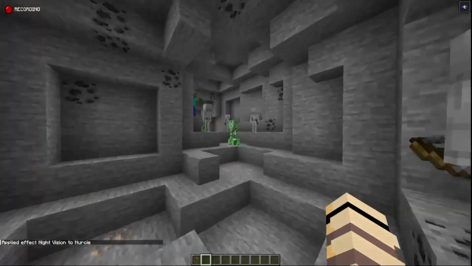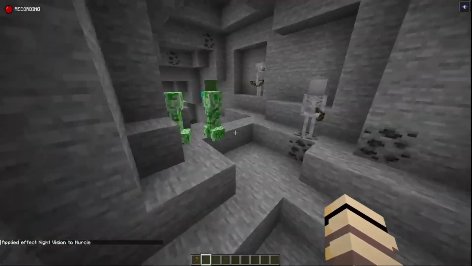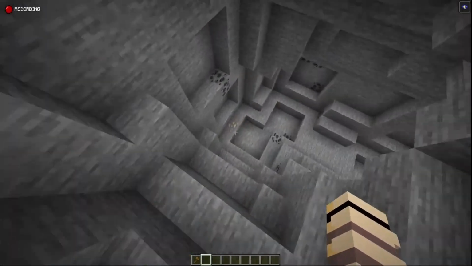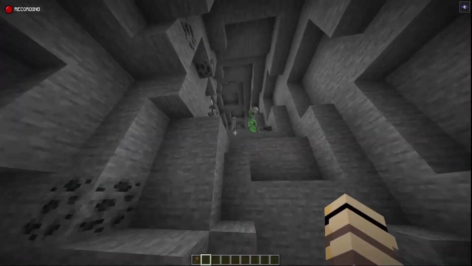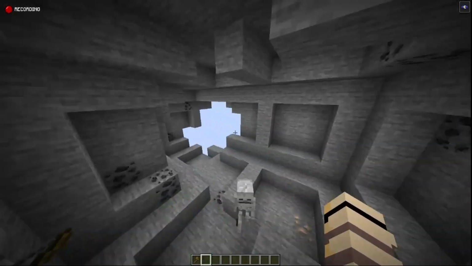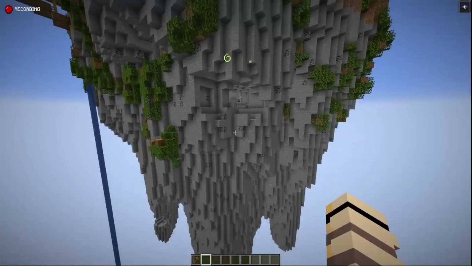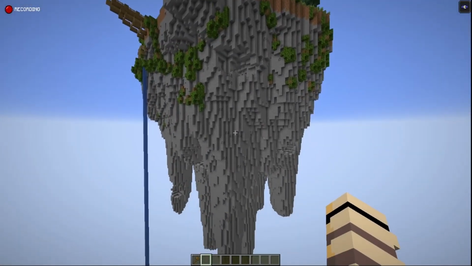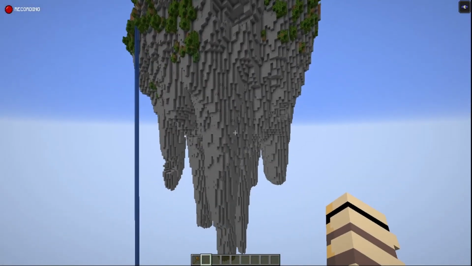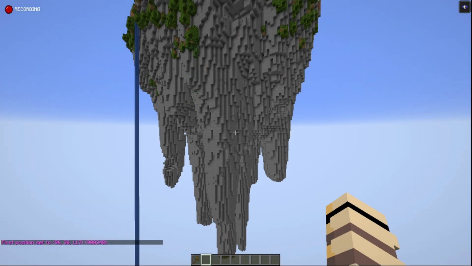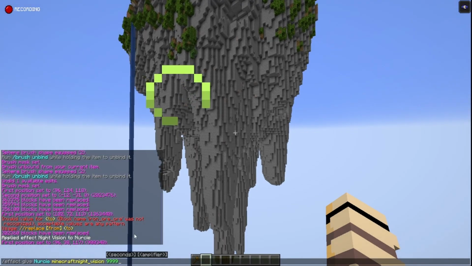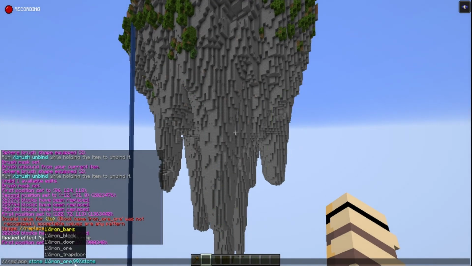So what I like to do is I like to go into the island and see. So I've got 1 ore here, there's 1 there, 1 there. So there is enough for the player to get some resources, which is good. And then we can go down a little bit more again, but this time much lower. And again, we can select the first position. And now we can change the iron ore